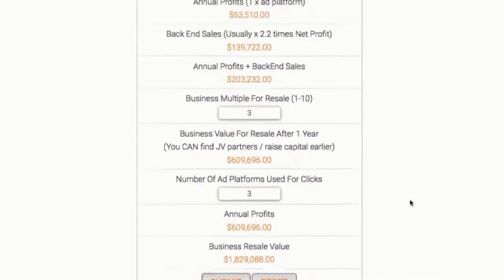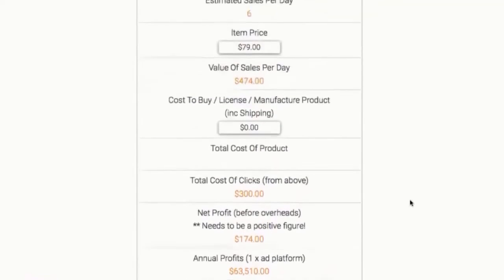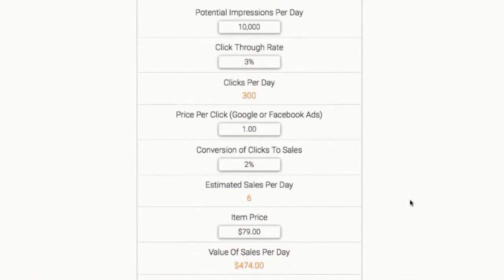I like to use this with my early clients. It shows them if they're not going to be charging enough for their product, for example. I just spoke to someone this afternoon who was working with a £2 cost per click, which is about $3, and he was trying to send people to a £7 tripwire offer, which is about $10, and he wasn't getting enough data because he was only spending £5 a day, which is about $7.50 on daily budget on Facebook ads.